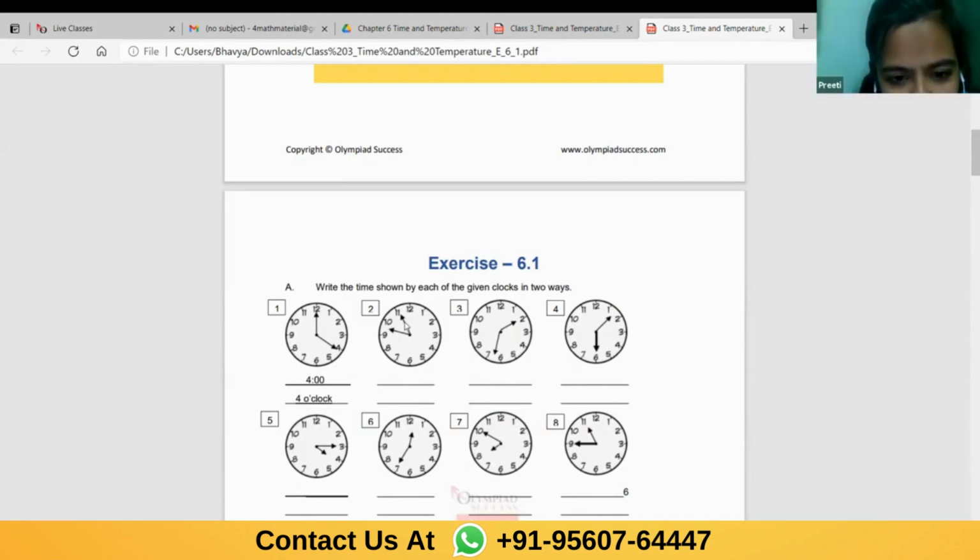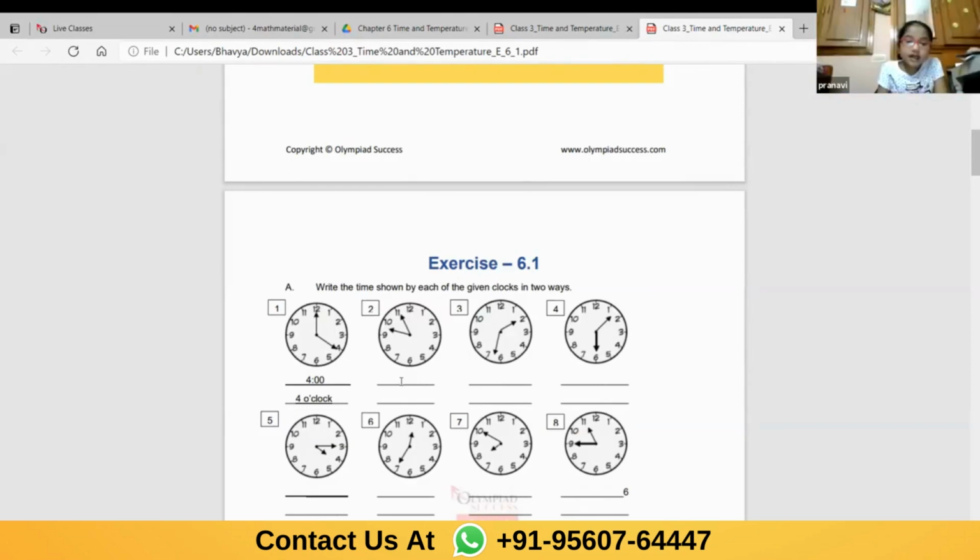Okay, then let us make it. Let us make the hour hand at 11. So considering the hour hand at 11, what will be the answer? Ishan, if my hour hand is a bit away from 11, and the minute hand is between 9 and 10, then what will be the answer? Tell me, Anavi, what is the answer of the second part? What have you written?